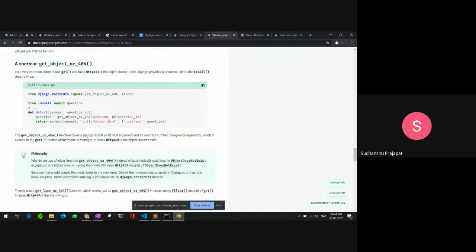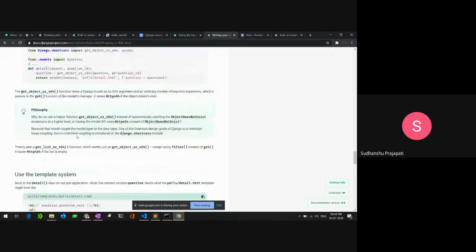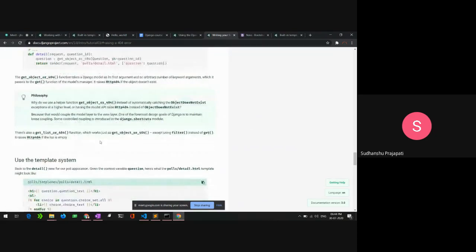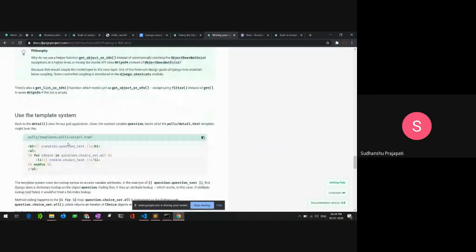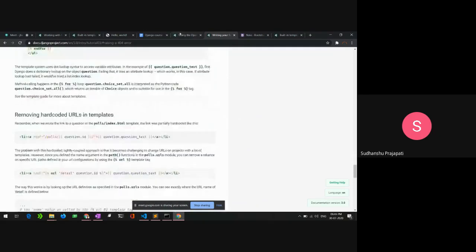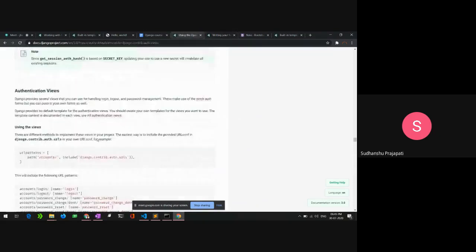So Django is pre-built and pre-configured to manage the case where the data or object doesn't exist in the database. When I say object, I mean the data inside the database. Tomorrow we will work with authentication views.